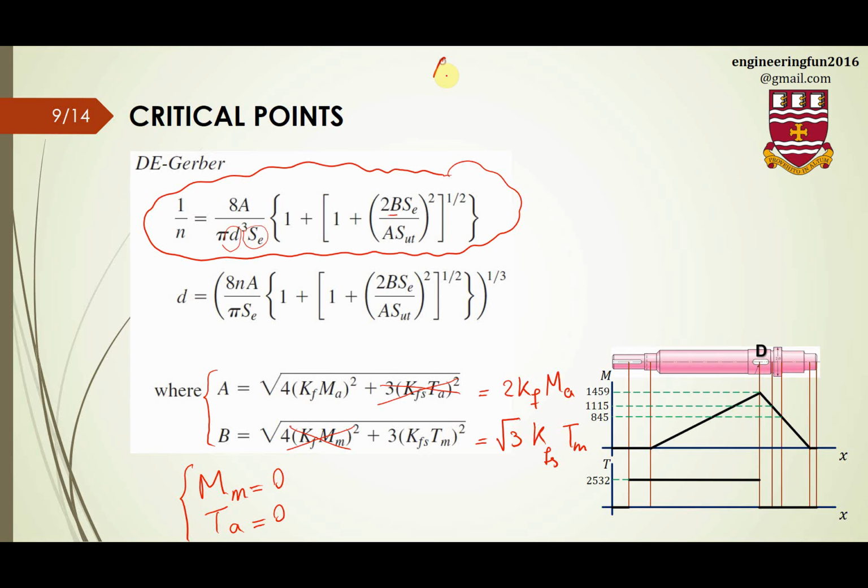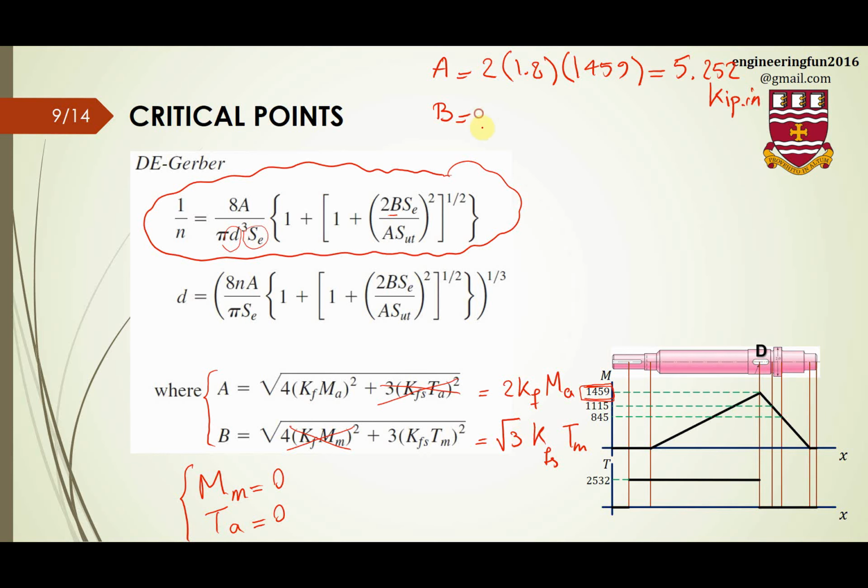So A will be 2 times 1.8 times 1.459. So this is the number of Ma, the amplitude of this fluctuation. So the answer will be 5.25 kilopound inch, and B